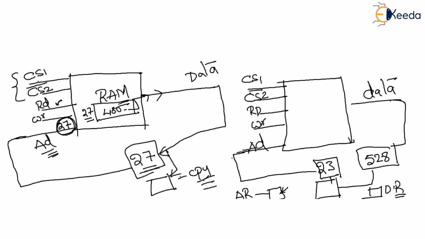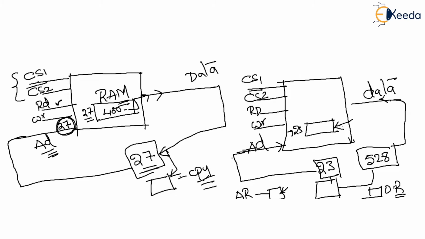So when the CPU wants to write some data into a main memory location, the data will initially be available in the data register. From the data register to the data bus, it will get transferred. Finally, under the address which is specified by the address bus, the data will get transferred. So the address bus locates 23. Okay, 23 gets located. The data which is available in the data bus will be written in 23.